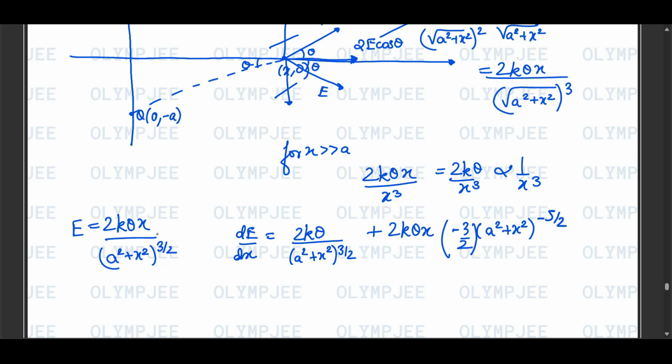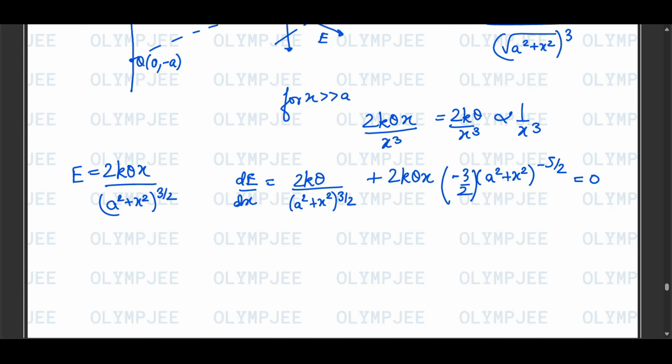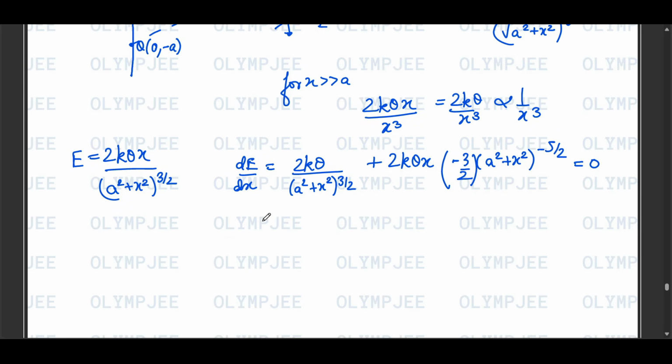First I have differentiated this, then I have taken this as constant and differentiated this, so this is what we have got, and this should be equal to 0 for maximizing E. So we will get, I am taking the LCM now, so